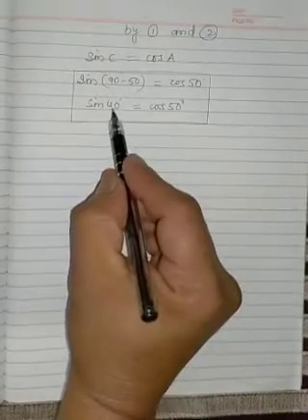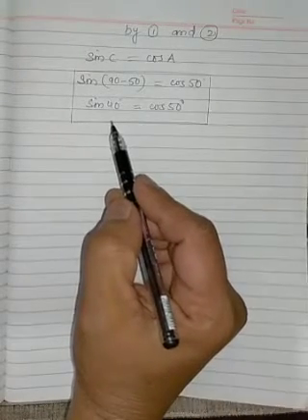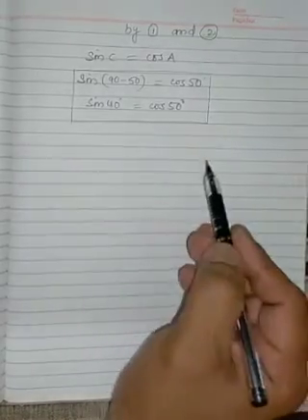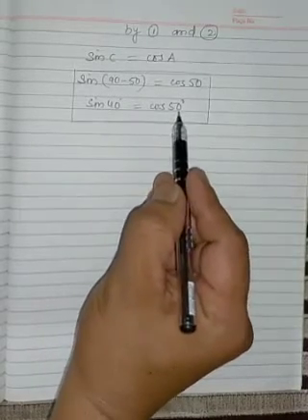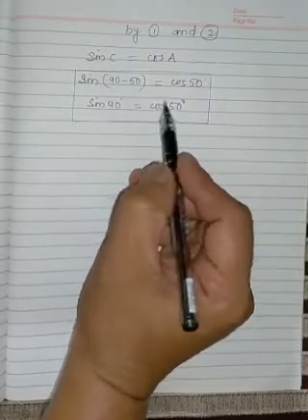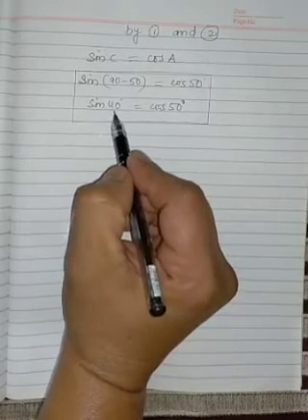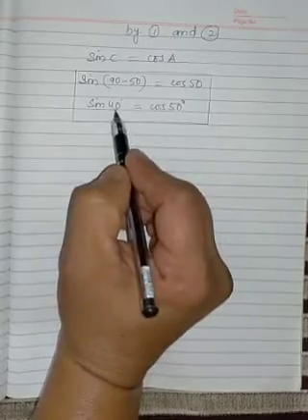So if you know one of the angle of that triangle, then you can convert that into the complementary of other angle. Like if you are given one angle of triangle as 90 degree and the other acute angle is 40 degree, then that angle can be written as other relation of its complementary angle. So sine 40 degree is equal to cos 50 degree. That means sine changes into cos, and angle which we are given converts into complementary. The complementary of 40 is 50.